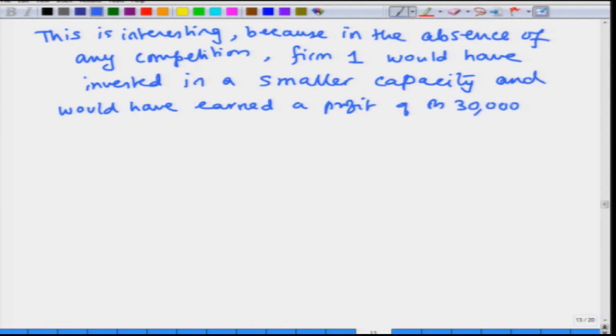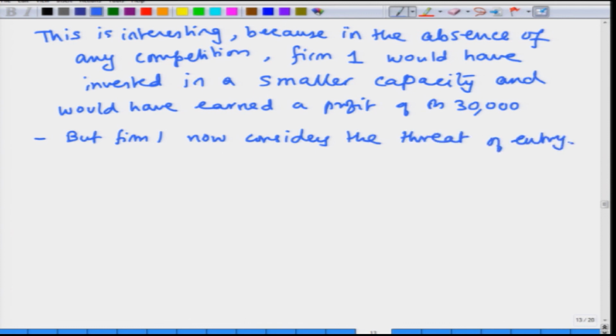Right. So, if there was no threat of entry, then firm 1 would have invested in a smaller capacity and would have earned a profit of 30,000, right. But firm 1 now considers the threat of entry